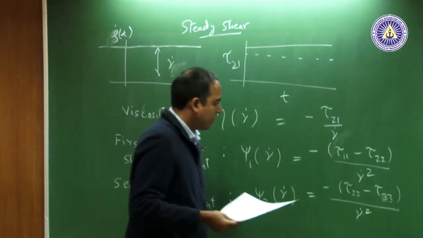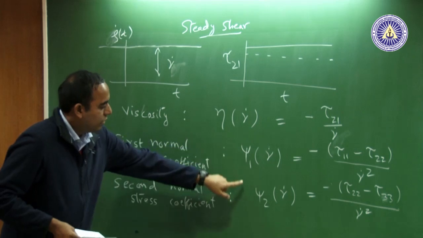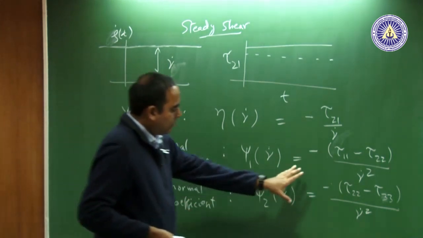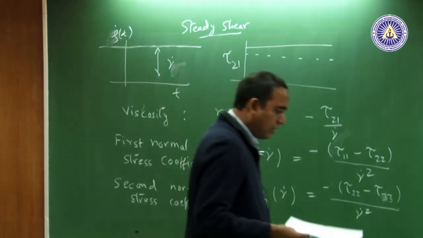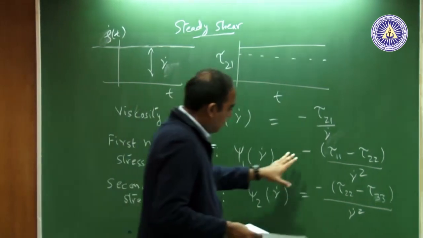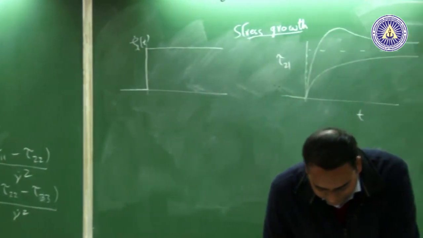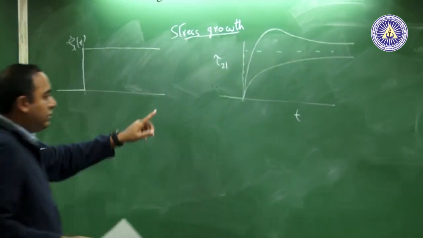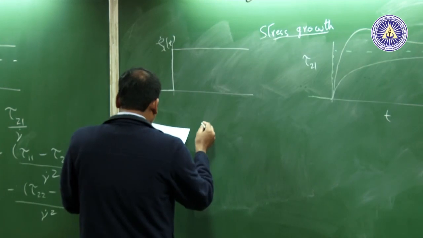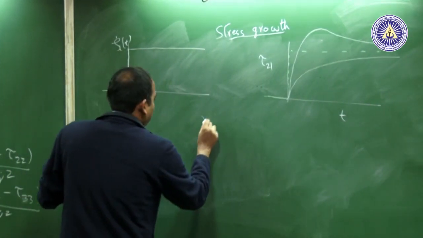Non-Newtonian fluids, if you do experiments, typically have non-zero values of psi 1 and a small non-zero value of psi 2. So, essentially this becomes an important characteristic to judge whether your model is doing all right or not for steady shear flow. Now, this is one thing for steady shear. There are similar material functions for these other two, and I will not show the other three because those will take more time. So, the material functions for shear stress growth, one is,